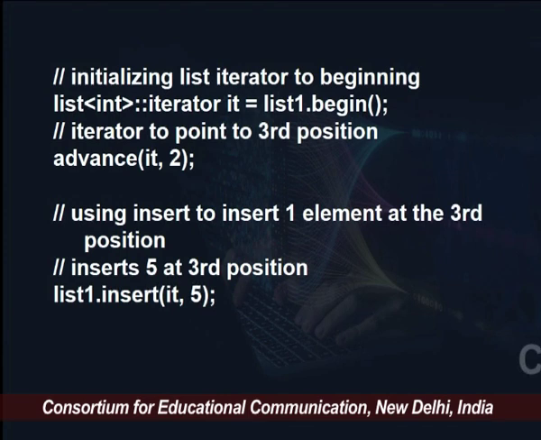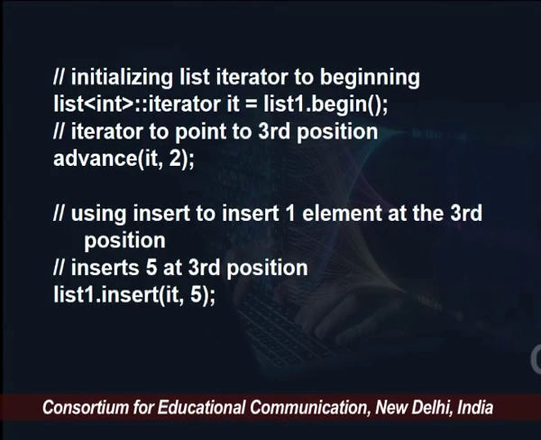Now we have our iterator placed in a particular position, and we want to insert some elements at this third position on which we have placed this iterator. For that we are going to use the function insert, which is used as list1.insert(it, 5). So, list1 is the name of the list, insert is the function, and the position is defined with the help of it. Here we have skipped the number of occurrences of that element, so by default it will be taken as 1, and then we have given the element as 5. This is going to insert the element 5 at the